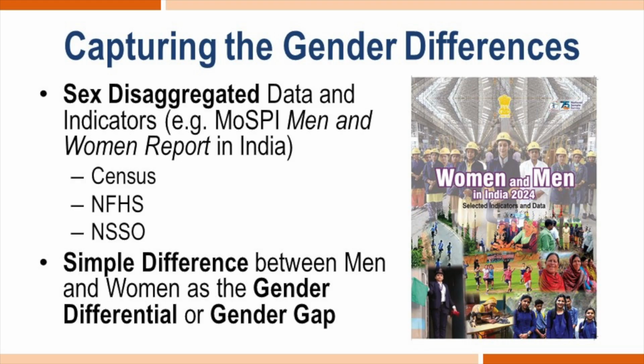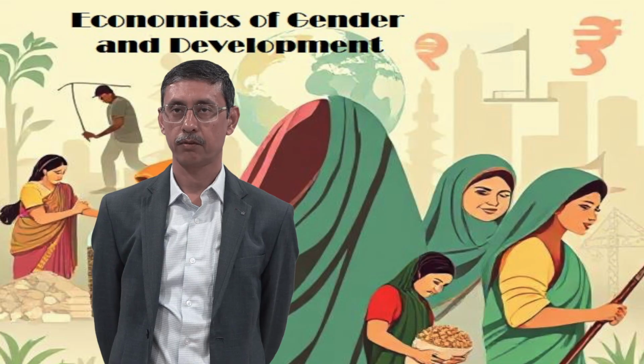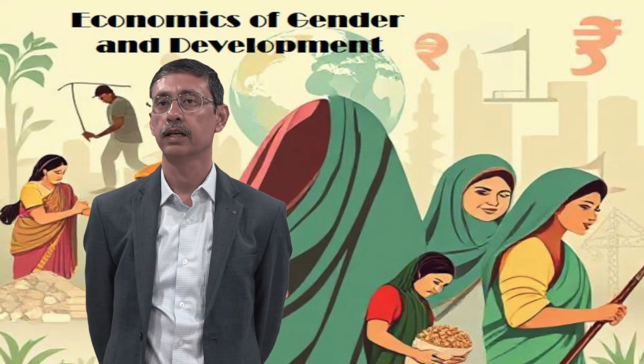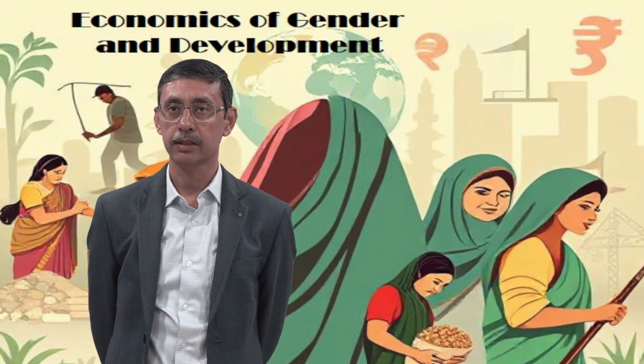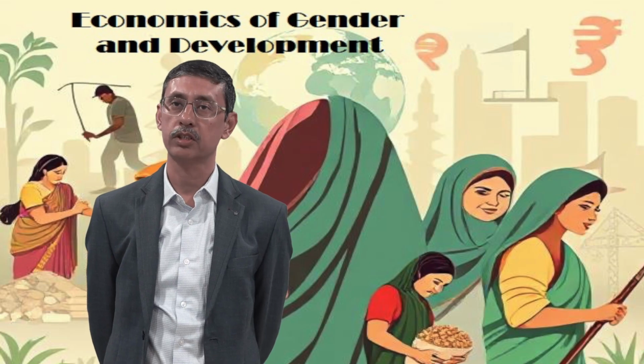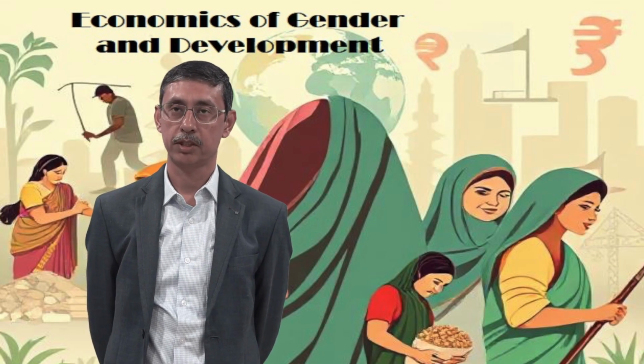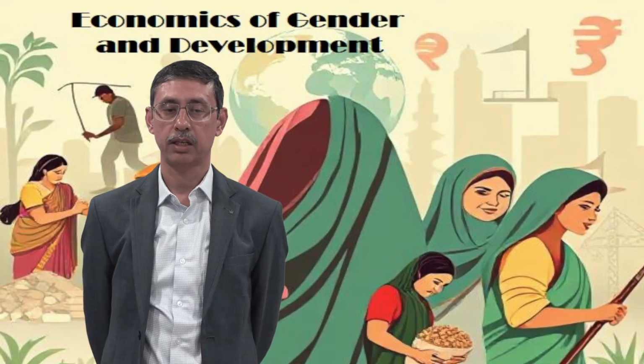And then if we are given a set of sex disaggregated data, we take the simple difference between the achievement of men and women, and we call this a gender differential or gender gap. So this is the simplest way to measure the differences between the genders. However, we need to understand and emphasize that the measurement is actually dependent on the theory or concept that we are trying to adopt: the theoretical perspective, unidimensionality or multidimensionality, as we have talked about.